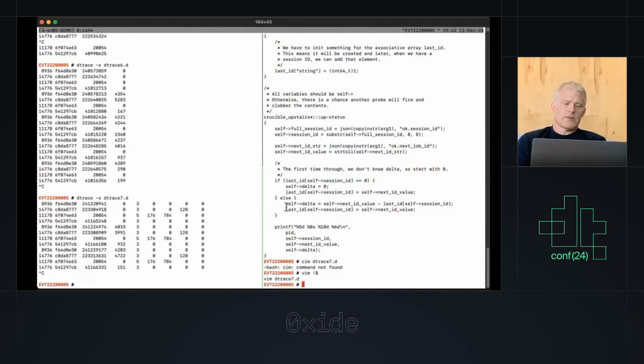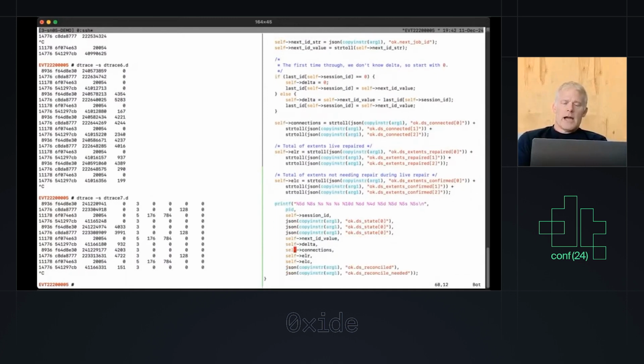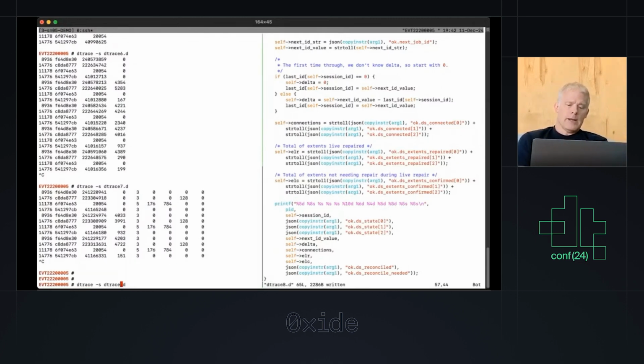Let's take a look at number 8 here. What I'm going to do now is, in that giant JSON blob, I have the state. I actually want to print the states of each one of these downstairs and put that in my output. So if I run number 8,